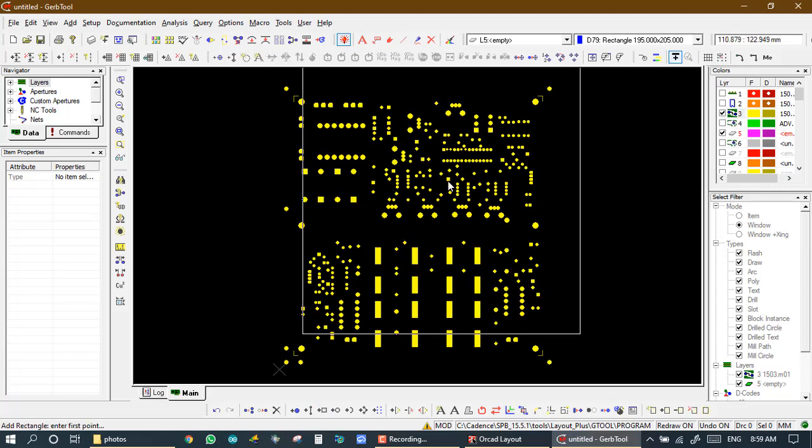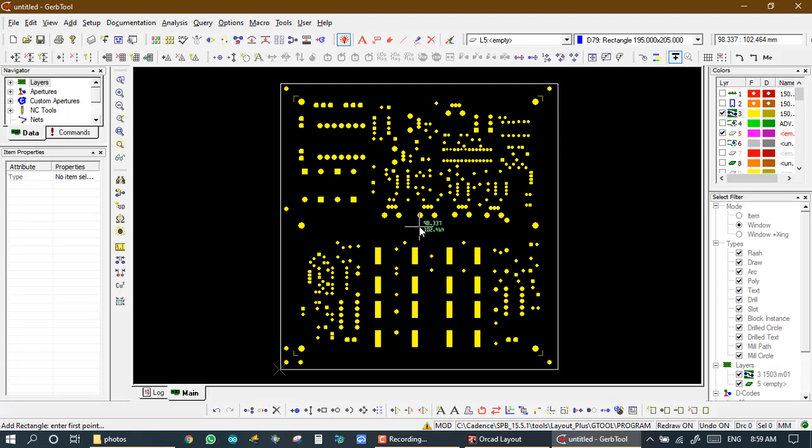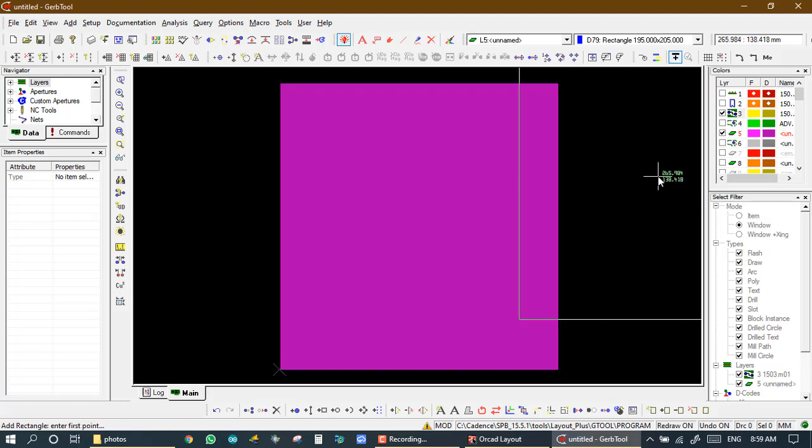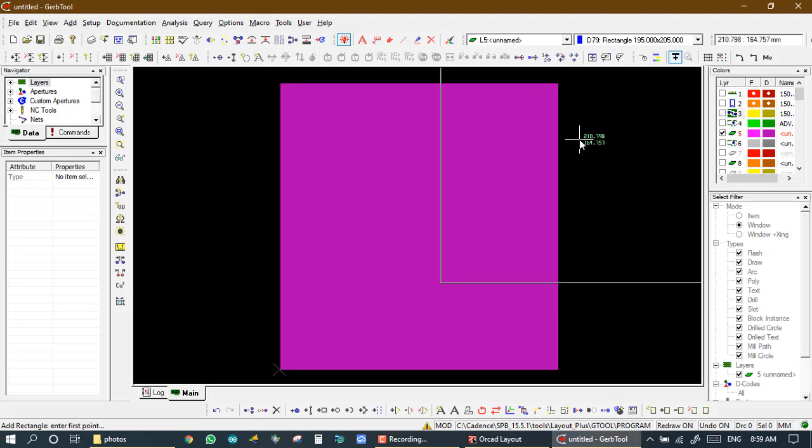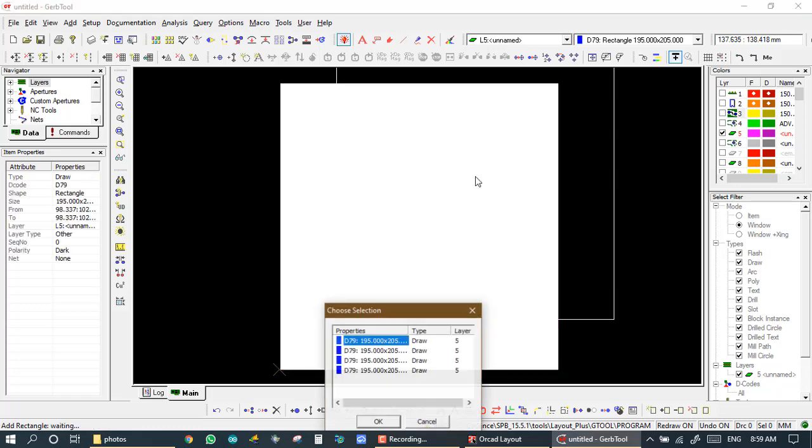Add a rectangle. In the last video we showed how to make a composite. If you want to see how to make a composite, then see that video.